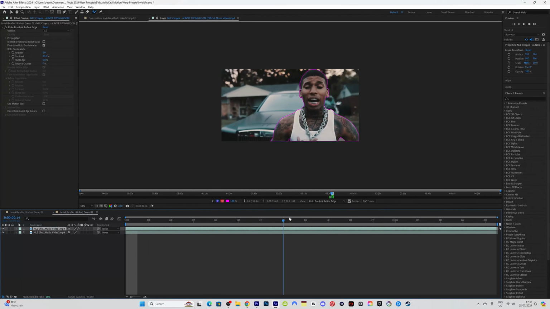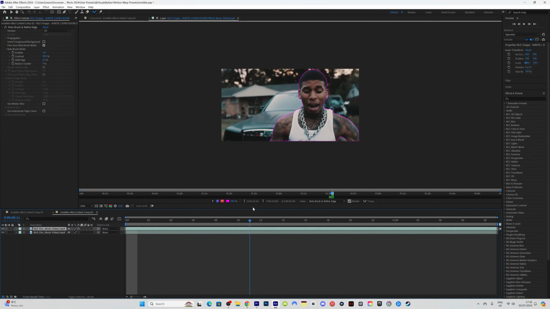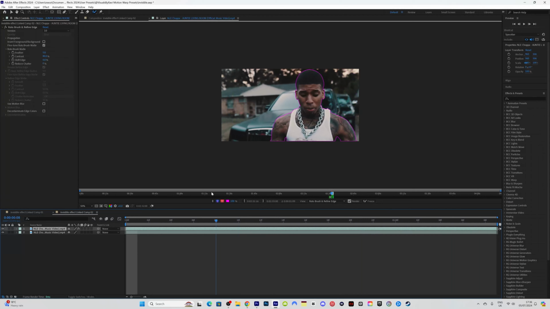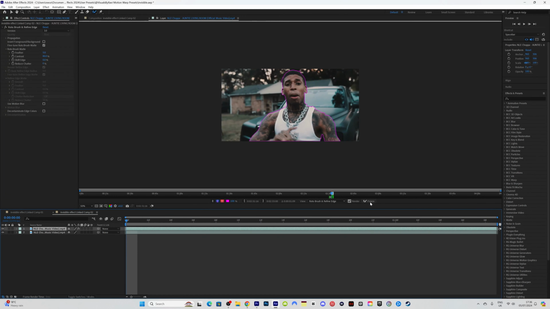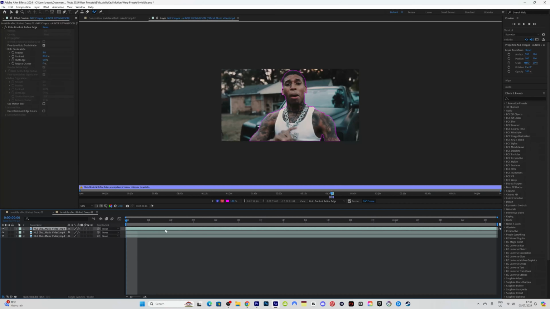move across the timeline to make sure that your rotoscope hasn't messed up at all. And I feel like we've got a clean cut out there. So we're just going to hit freeze. You want to go to this rotoscope layer that we've just selected, and you want to duplicate it. And you want to click on the second one underneath it that we've just duplicated, and you want to unfreeze